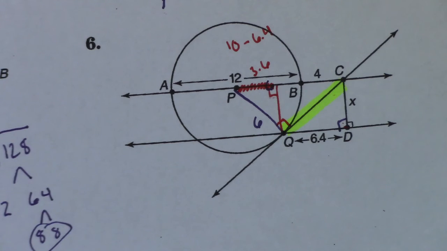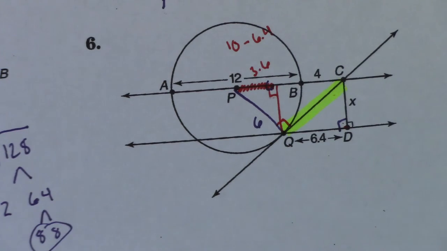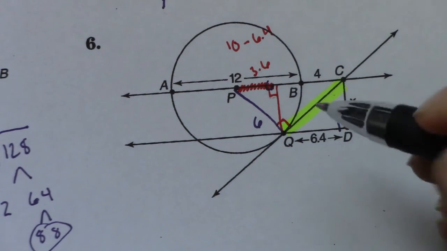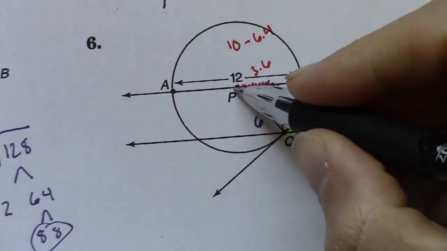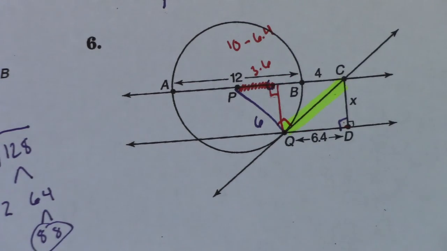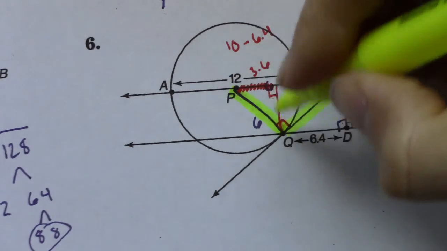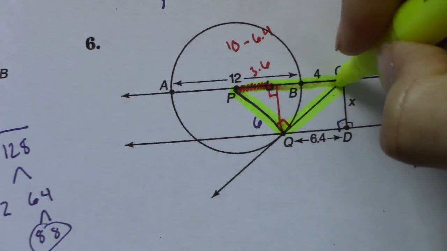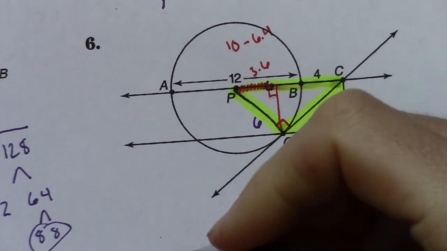So the only one I know for certain is this Q. Oh! I'm dumb. Okay. So, I added in this right angle right here, right? Okay, so I want you to look at this first triangle. I'm going to outline the whole thing in yellow. Yay for highlighters. Boom. See that guy? We got a right triangle in yellow. And that right triangle in yellow